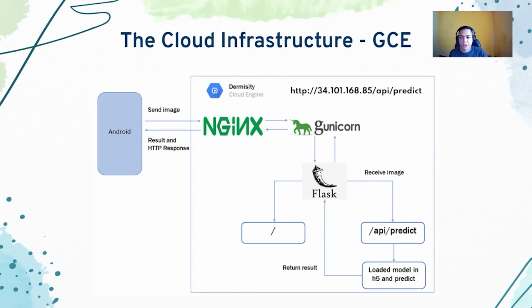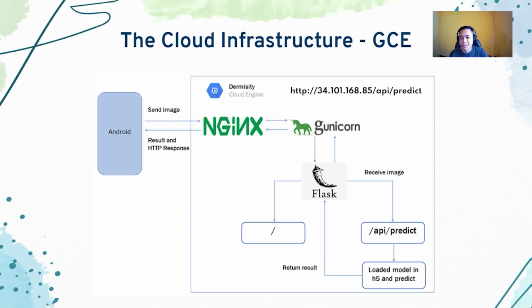So this is our cloud infrastructure on Google Cloud Compute Engine. Pretty much simple. We're using Flask, Gunicorn, and Nginx that act as a RESTful API mechanism. Before we move further, what are Flask, Gunicorn, and Nginx? So Flask itself is a micro web framework written in Python, and Gunicorn itself is a Python WSGI HTTP server that connects Flask to Nginx to serve HTTP, either secure HTTP, that also redirects the port.